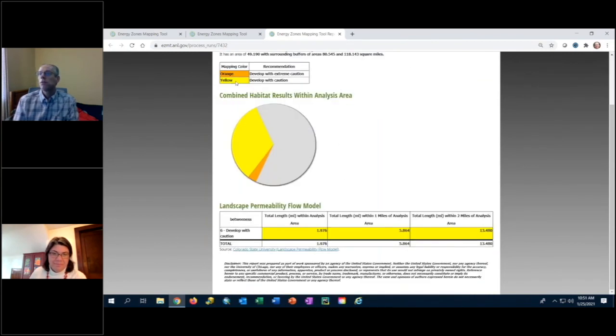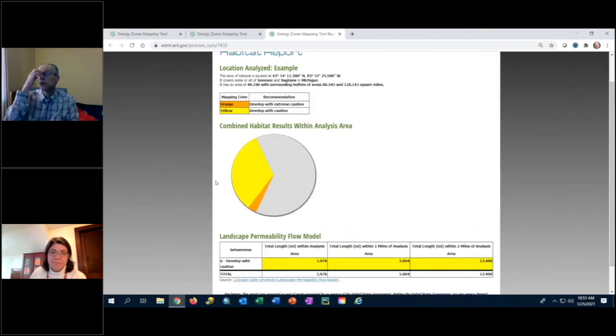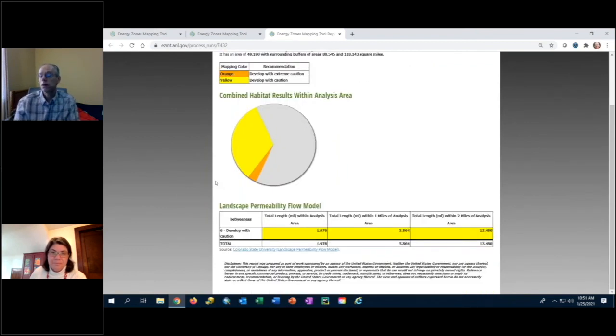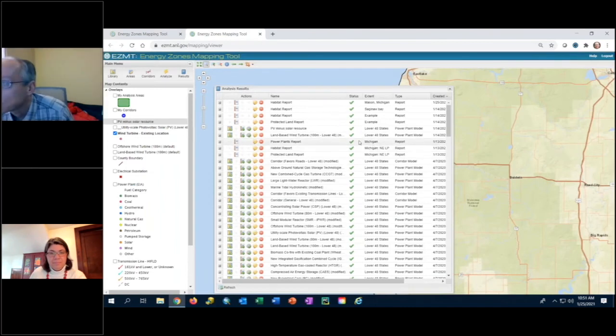It's got some categories that have been developed that relate to power plant suitability. So it's not just looking at habitat, it's looking at habitat from the standpoint of whether it's consistent with the idea of siting a power plant. And what it does is it looks up any of the habitat layers that are part of that modeling layer for this location. And I picked a poor example, so I'm gonna,